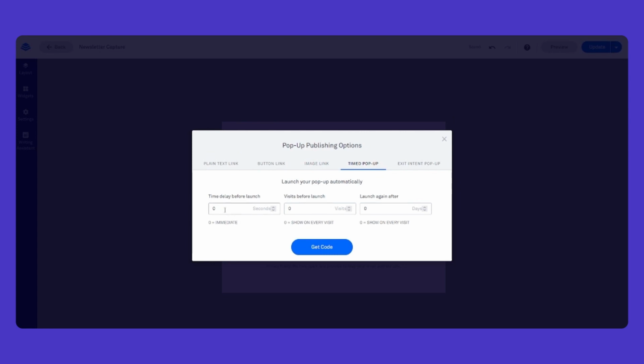The first box controls how long that delay is, whether immediate or after a set amount of seconds. The second box controls how many visits before it appears. For example, if you want this to appear for people who return to your page a second time, but not on their first visit. The third box controls how long before it will appear again, after they have seen it. For example, if you want someone to see the pop-up, but then want it to wait 7 days before it